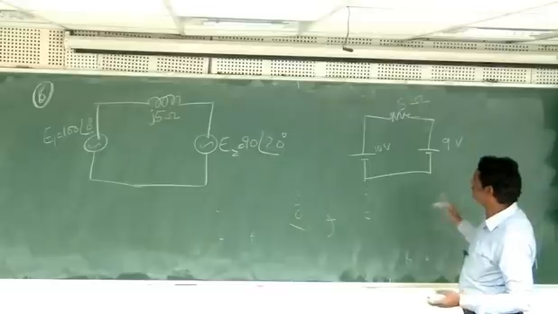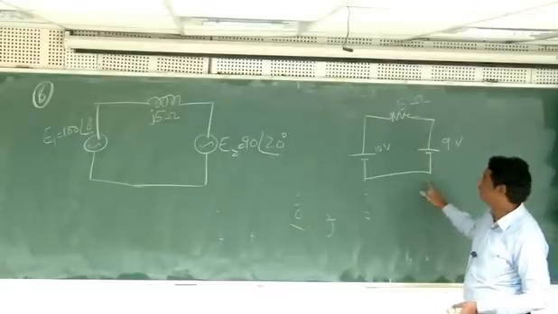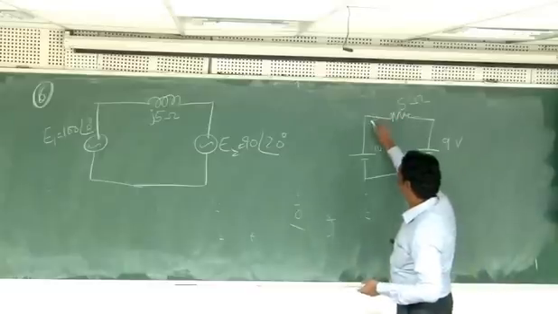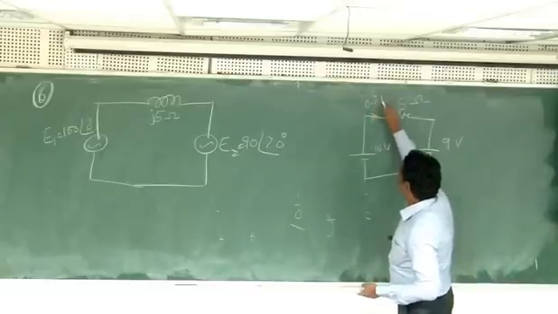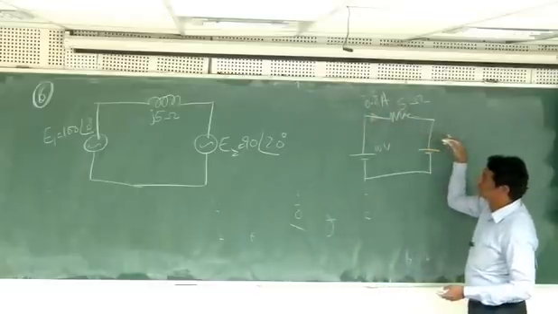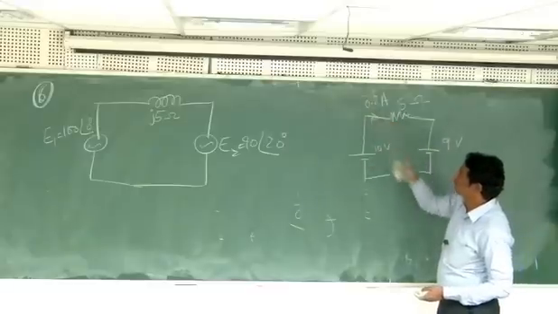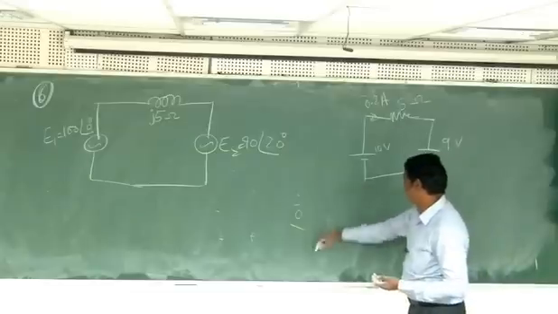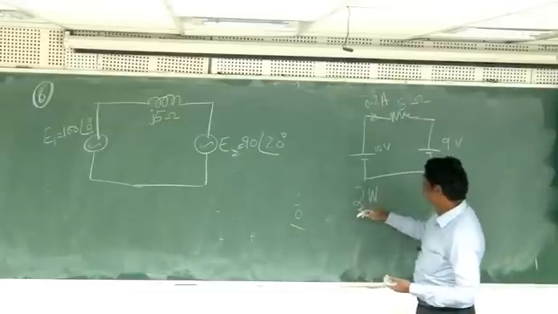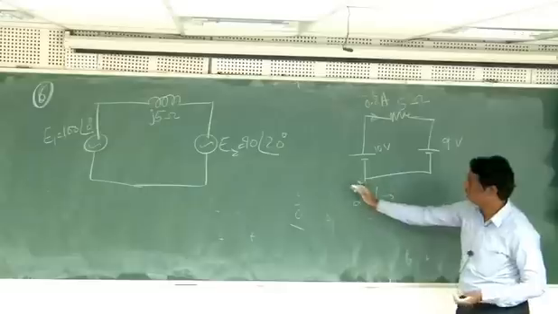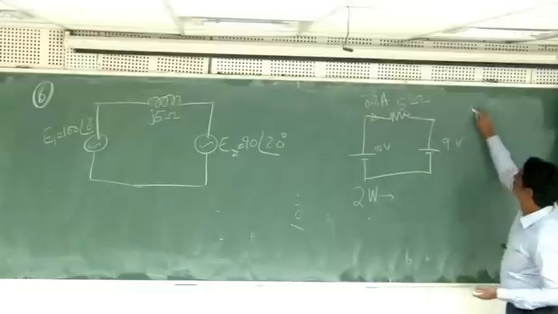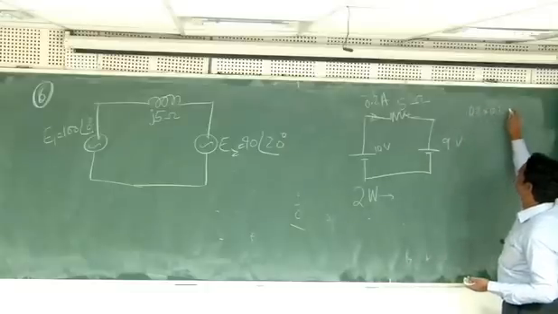What is the net voltage? 1 volt. And what is the net current? 1 volt divided by 5, 0.2 amperes. Direction of the current will be like this. Because the direction of current is like this, 10 into 0.2, how much is that? V into I, 2 watts. 2 watts is leaving the first battery. 0.2 squared into 5, how much is that? 0.2 into 0.2 into 5.